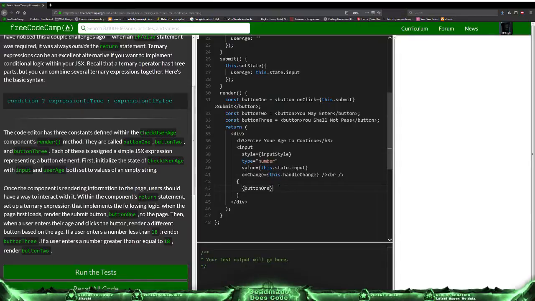So there's button 1. Oh, but we're already in JSX. There you go. So we need a condition. So what's the condition gonna be? No, we just by default do that. So we render button 1. And then, when a user enters their age and clicks the button, so when a user enters their age and clicks the button,